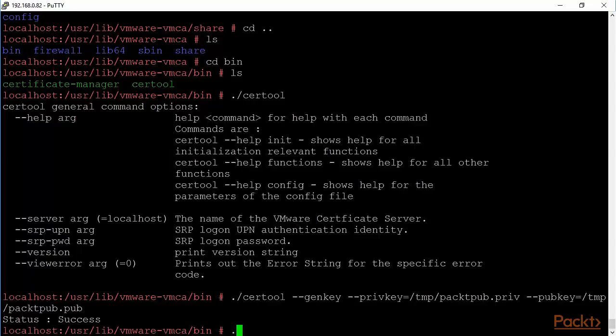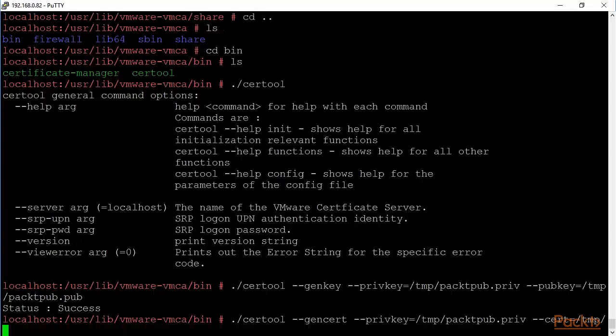Now we can say certool, and we generate a certificate, --gencert --privkey equals /tmp, and the cert will be generated. --cert is equal to /tmp/pacpub.crt, and --name equals, we leave this like this, pacpub machine, and the config file